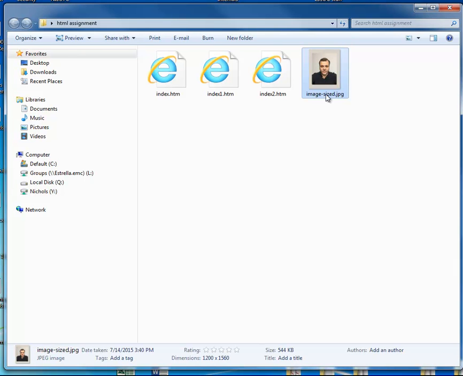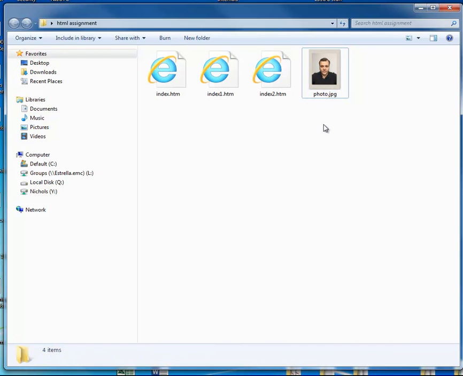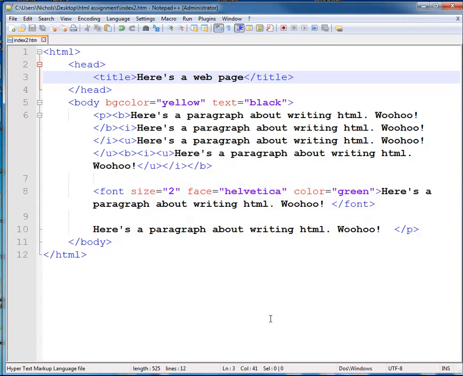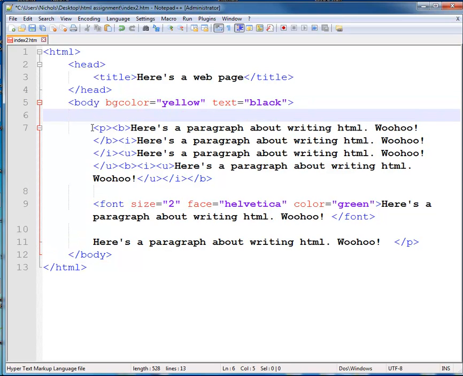And I'm going to be really super lazy, and I'm going to change the name to photo.jpg. It doesn't matter what the name is, but it does matter that you get it exactly right in the code. And so I give myself something easy to type. Alright, so now we can go back to our code, and we have to decide where on our page we want the image to go. I'm going to put it right up top, so just inside the body, prior to the paragraph,